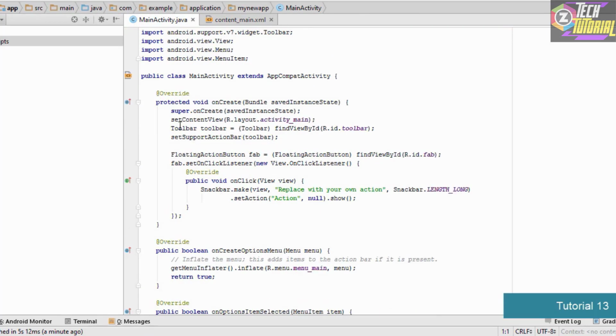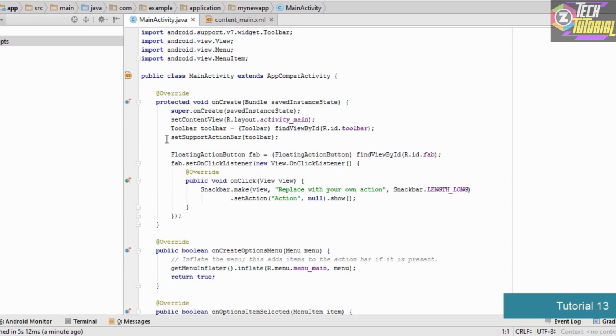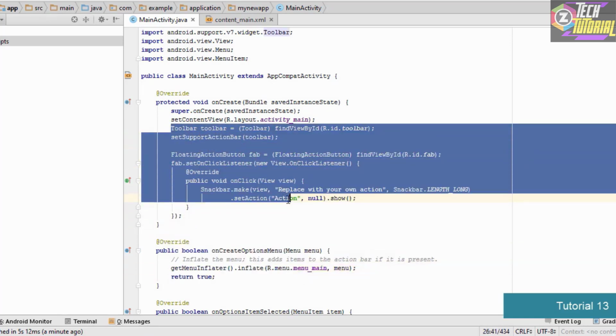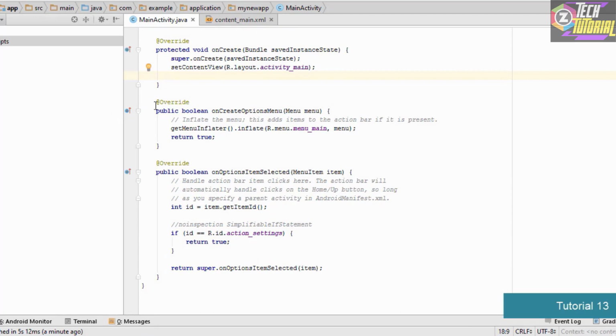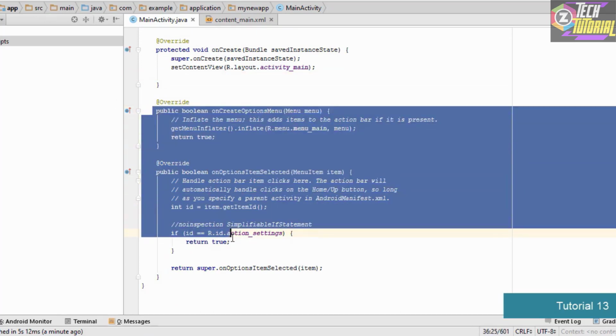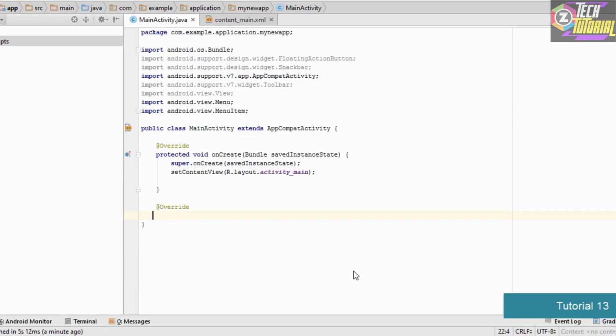and we are also going to delete some of the things from here. Basically here we have the public class main activity, and we are going to go inside this onCreate method right over here, and delete everything right from the toolbar. So make sure that you delete it. Once you have deleted that, the next thing we do is also delete these methods, and that is because we are not going to be needing them. So go ahead and just delete all these things.